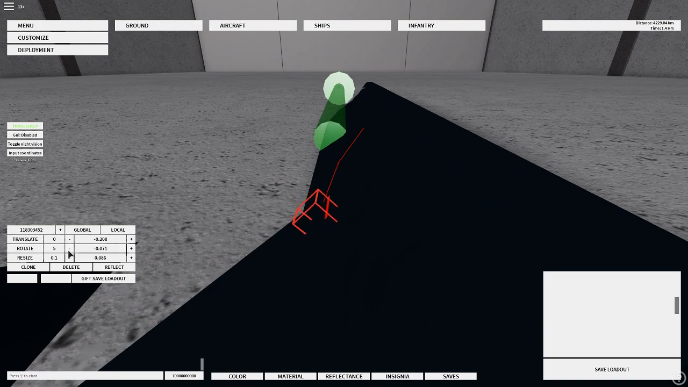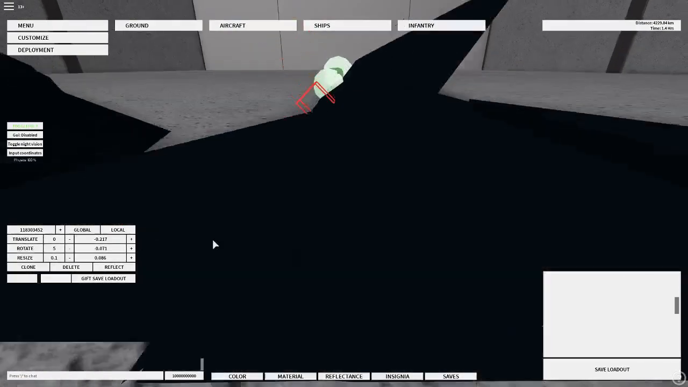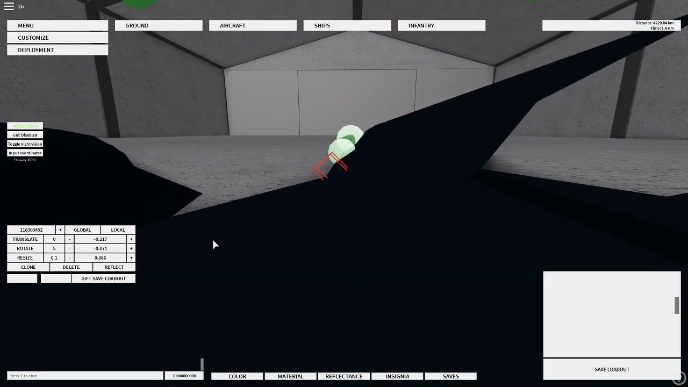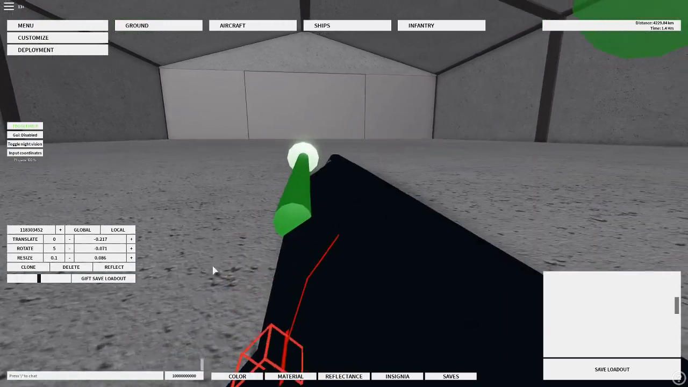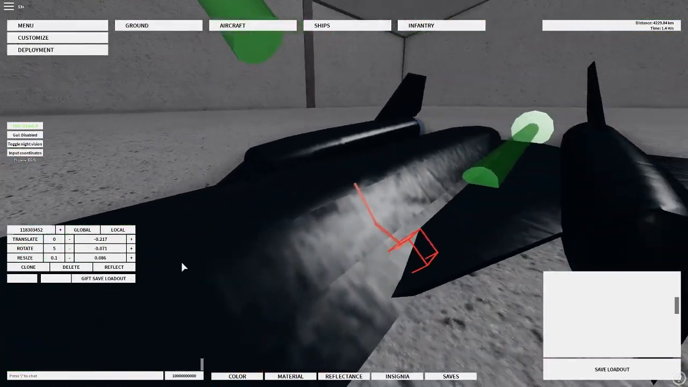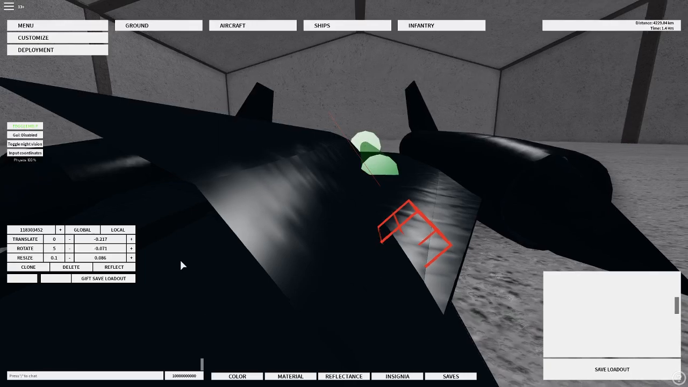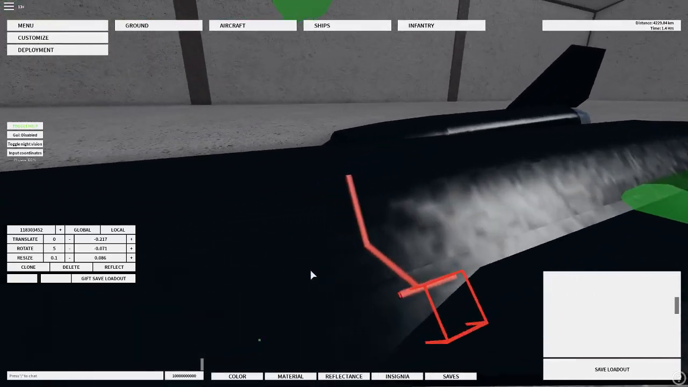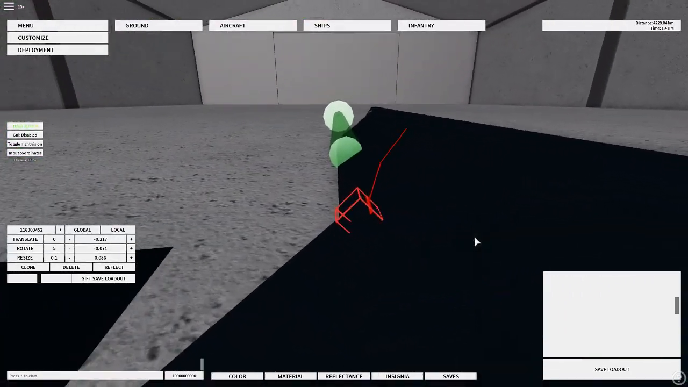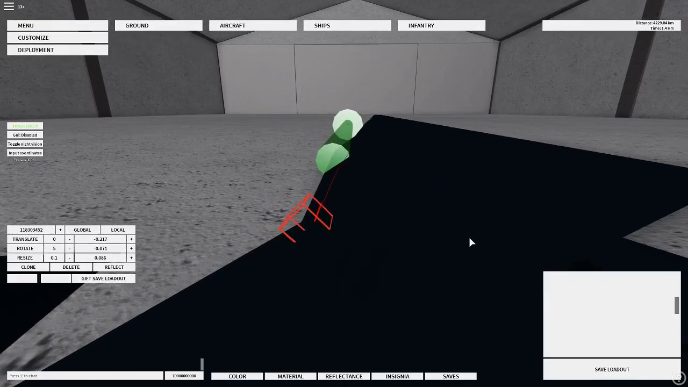You don't need to make this perfect. You also don't need the decals to go as close as possible to the model. Technically, you want it as close as you want, but not too close, or the model is just going to clip through the decal. So now,